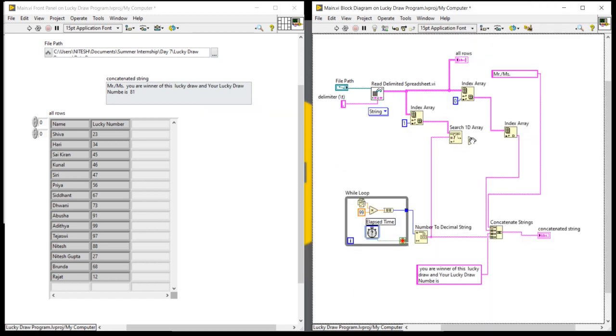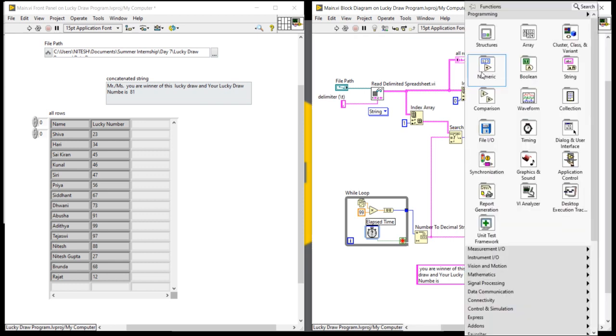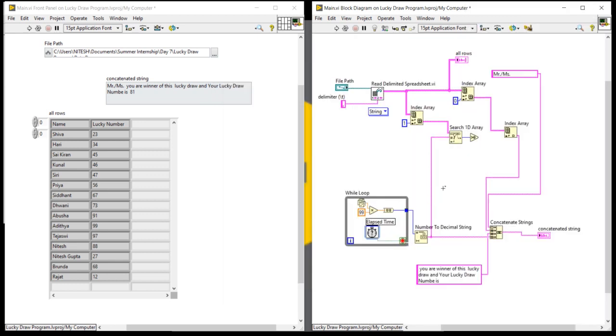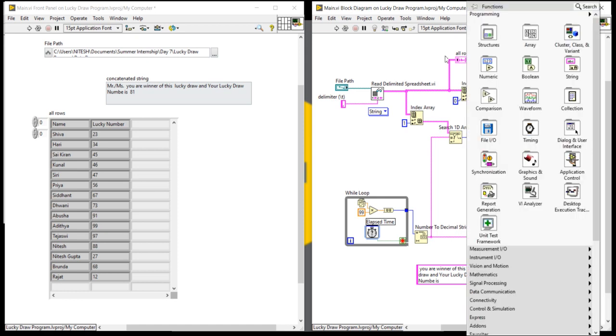If the number is greater than 0, then it will display the information.